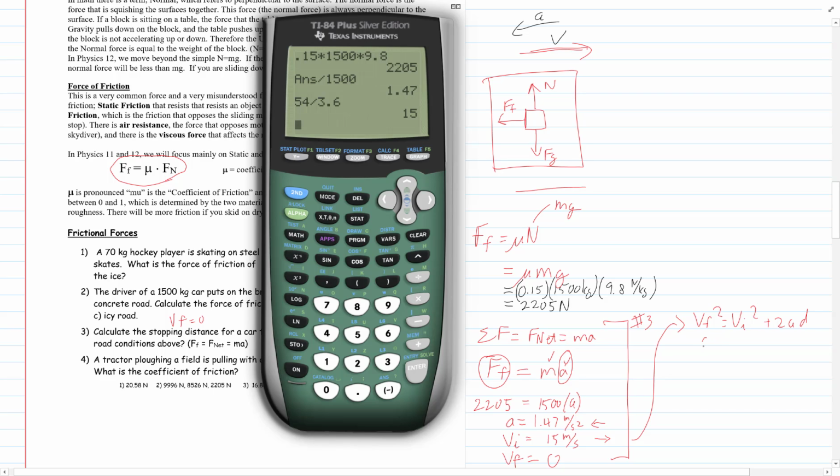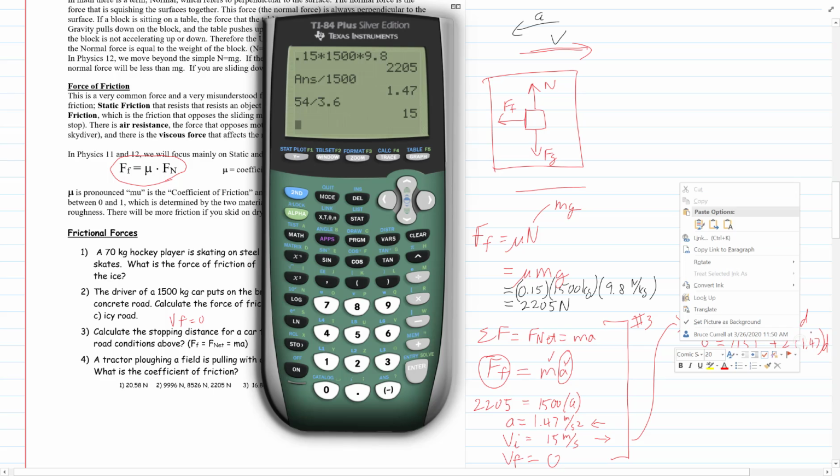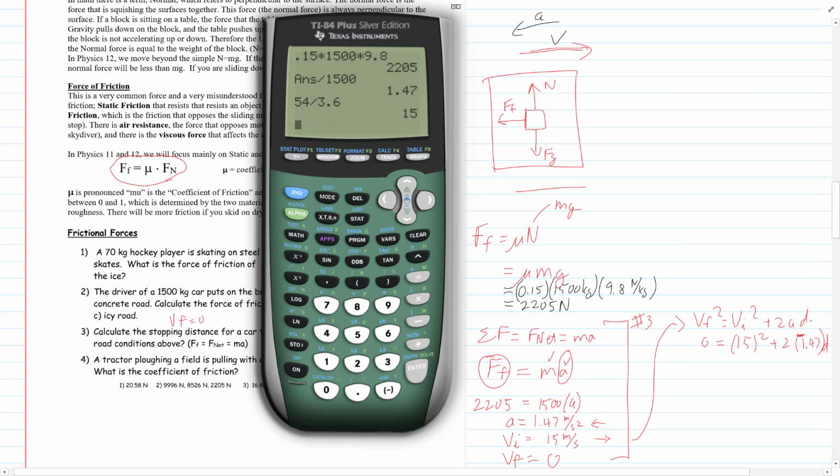That'll be 0 is equal to 15 squared plus 2 times A, which is 1.47, and D. Now this will be a negative because it's in the opposite direction of motion. Okay, so this is going to be 225. 0 equals 225 plus 2 times that will be